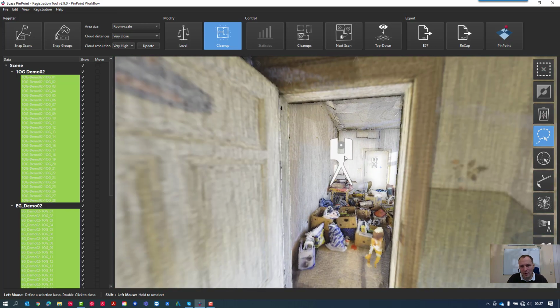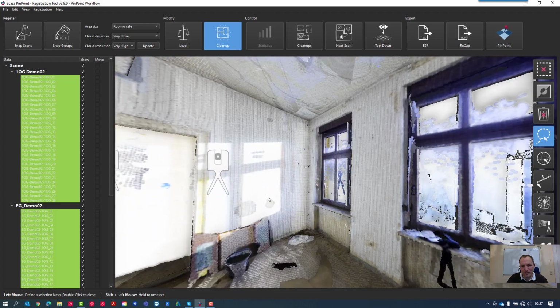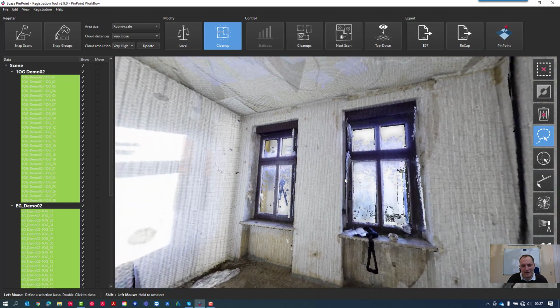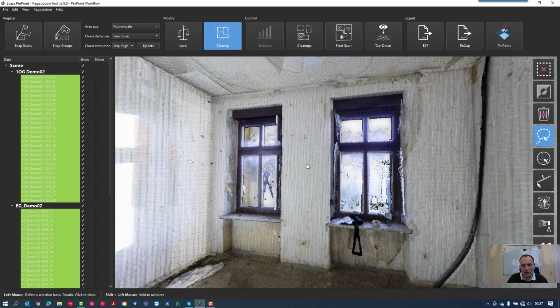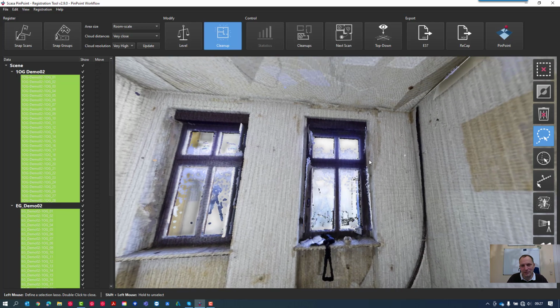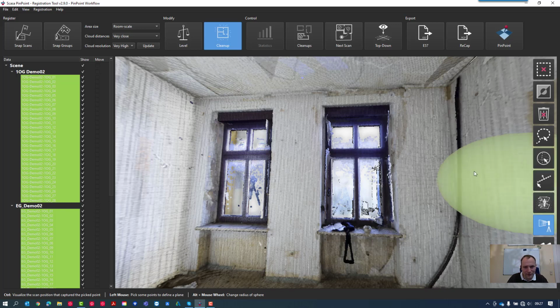I think more interesting is the function to delete these reflections from the windows. You see on the bottom of these cleaning tools, there is the second from the bottom. If you activate this function, this is very powerful to clean up easily. What we like to do here is we have many reflections from several scan positions, and we like to delete them all without picking each scan. So what we do here is we activate the function,